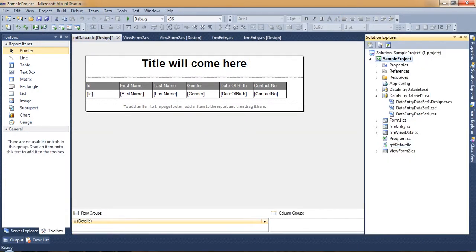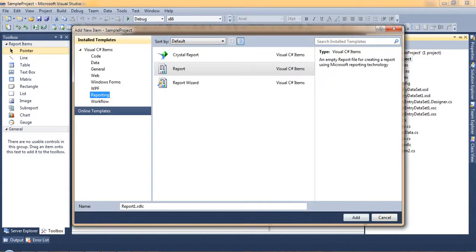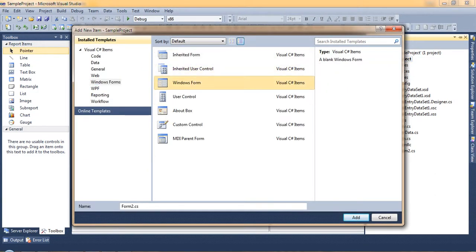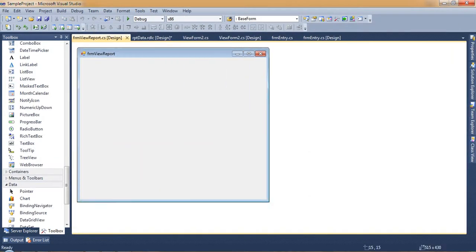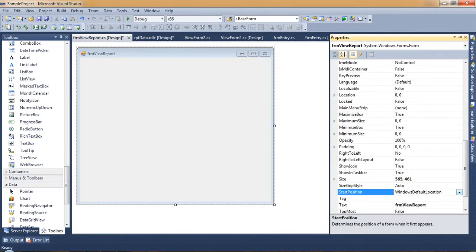Now we'll create a form to view that report, so I will add a window form, FRM view report. I have added it, change the start position to center, view report.